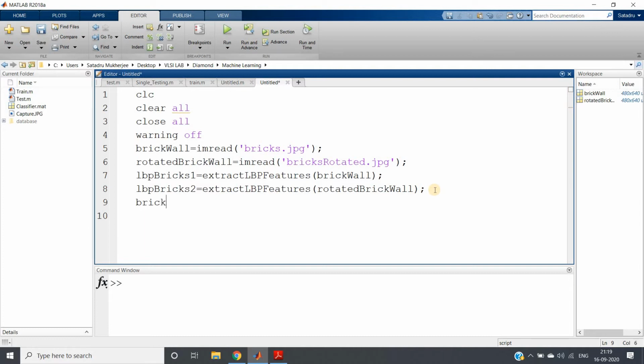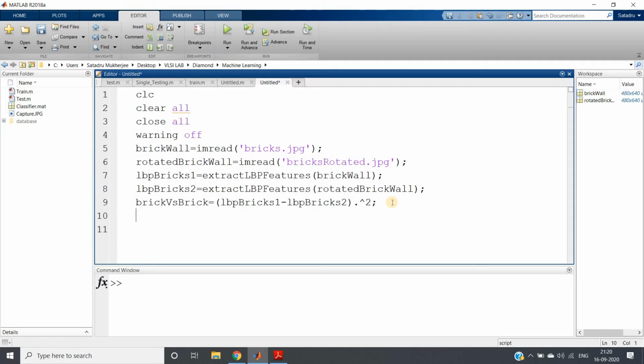I am going to define another variable, brickVersusBrick, as the difference of these two LBP features. I will copy this, paste it, minus, copy this one and paste it, then dot power 2. Because the extracted features are arrays, vectors or matrices, to square them we need to do an element-by-element square, so I am applying dot power 2.